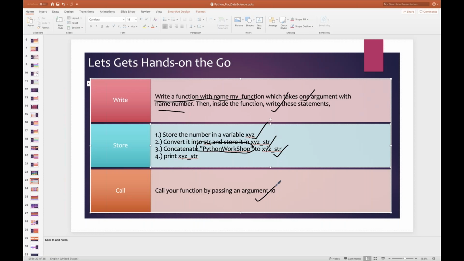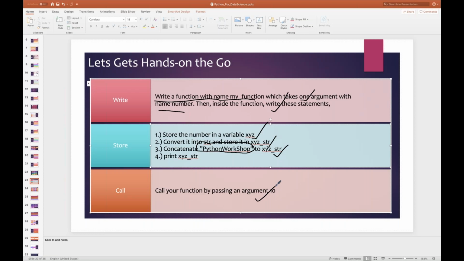Guys, very simple. Don't confuse. Start thinking as a programmer and start doing small things first, and then you'll get confidence and you'll be a good programmer. Very simple. Start writing a dummy function. The function definition starts with def. Function name is my_function, and that argument should be a name called number. Done deal, dusted. Move on.